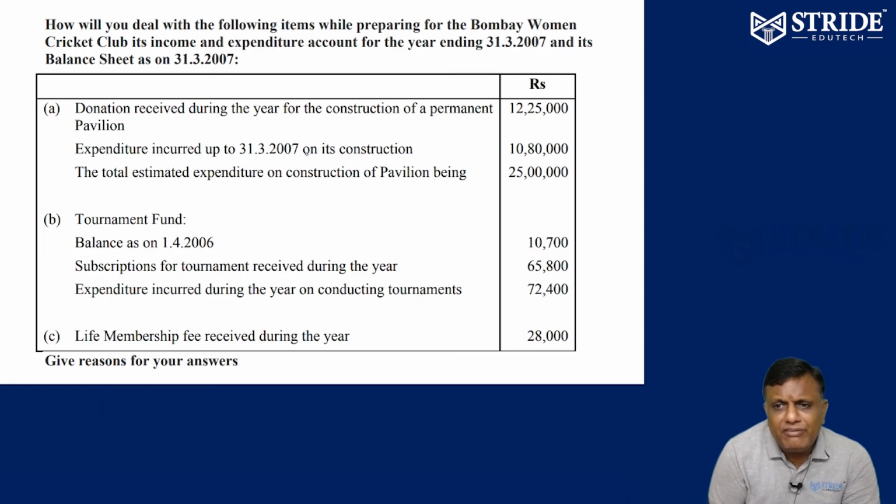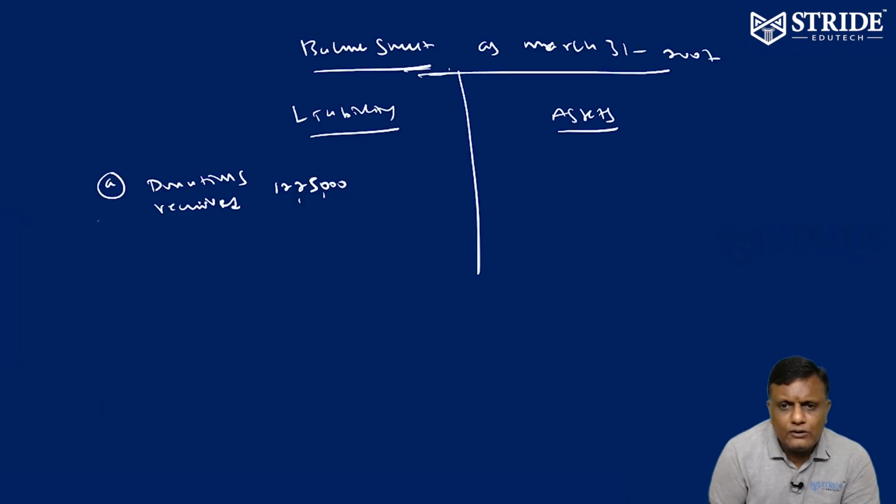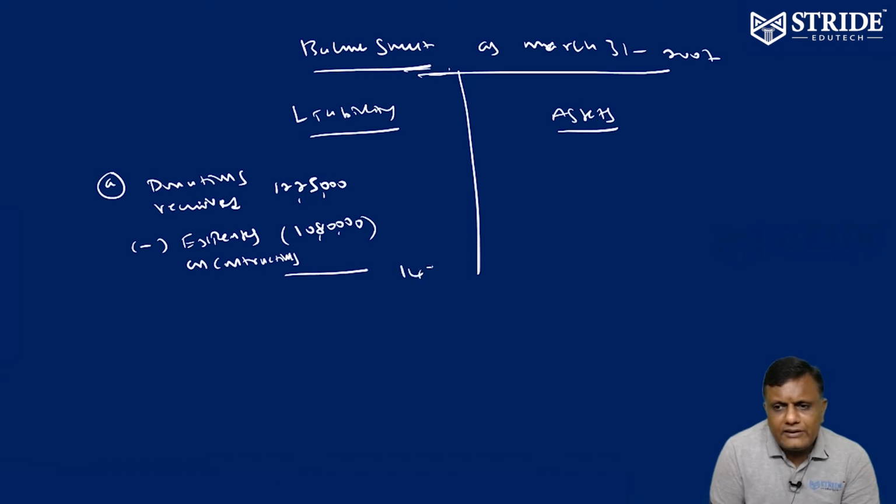How much we have spent for construction? 10,80,000. Money spent for construction, so expenses on construction. So 10,80,000 expenses on construction. What is the balance amount? 1,45,000 is the balance in donation received for pavilion. At the same time,